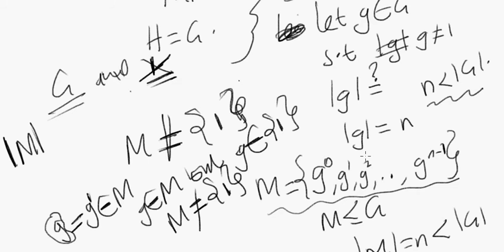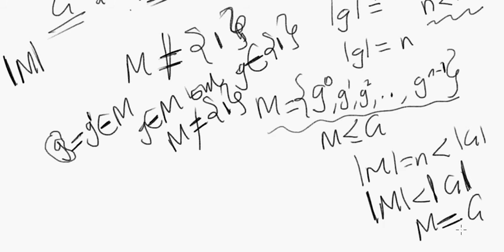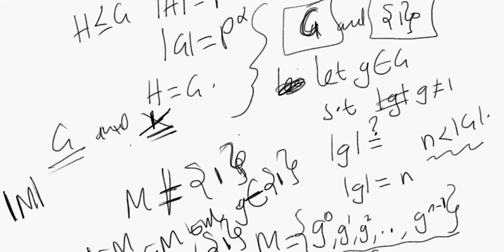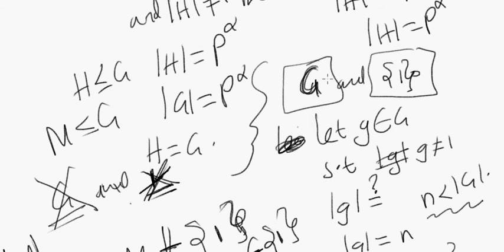Did we say that the order of M was n? Okay. And in fact, we said specifically that the order of M is less than the order of G. If the order of M is less than the order of G, how can M equal G? Are we saying that M does not equal G? Okay. So if M is a subgroup of G, but M does not equal G, and M does not equal 1, how can it be true that the only subgroups of G are M,